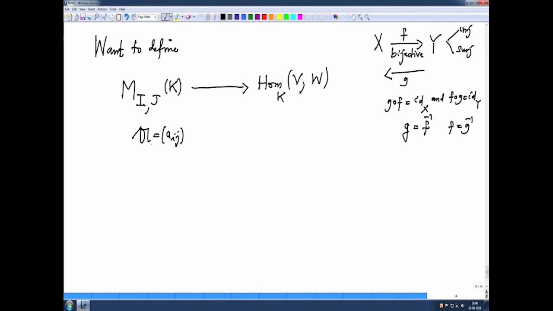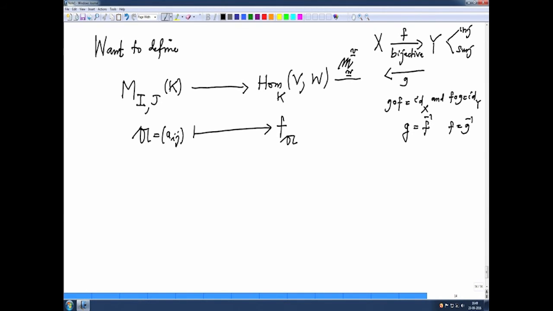Then I am going to define a linear map which depends on this A. Let me write it as f suffix A. This is what I want to define; I have to tell you what f suffix A is. And we have to check that if I take this map and take the matrix of that map with respect to the basis, remember, here we have fixed a basis, so we want to write the inverse with respect to that basis. So this followed by M V W, it should become the identity map, and also this followed by that should become the identity map.